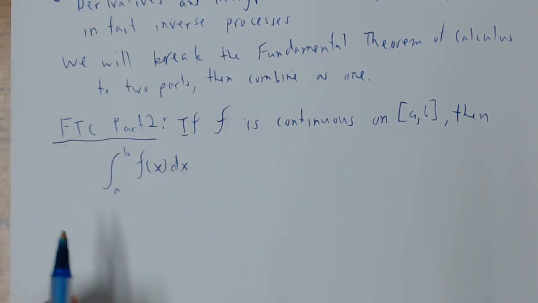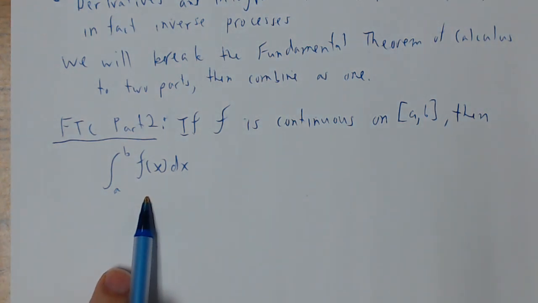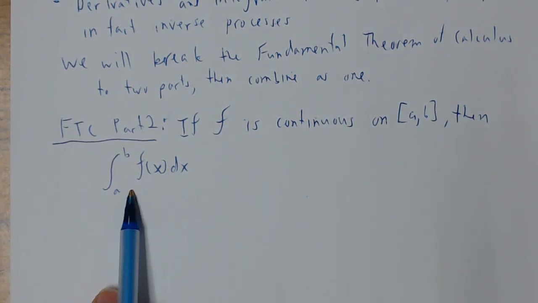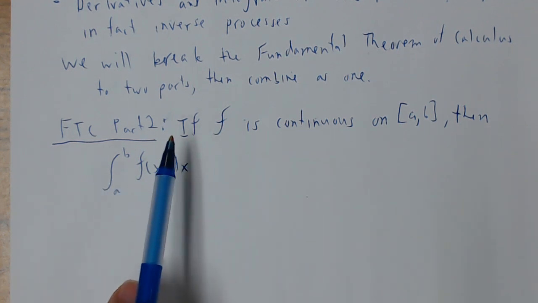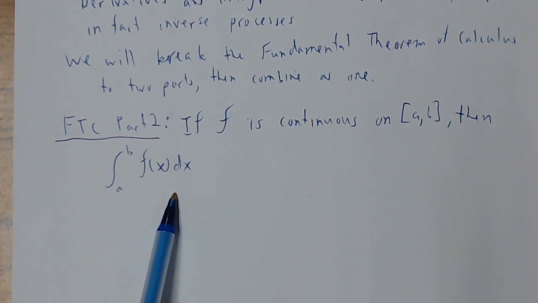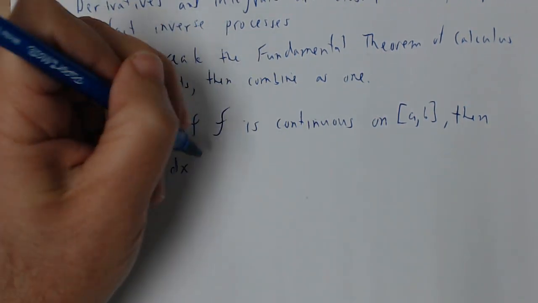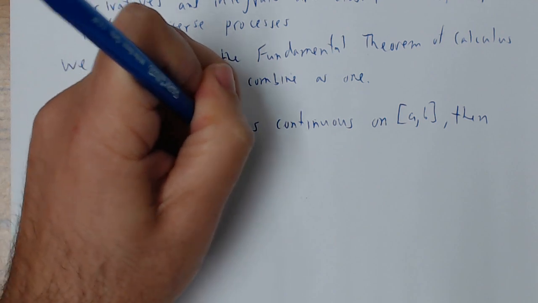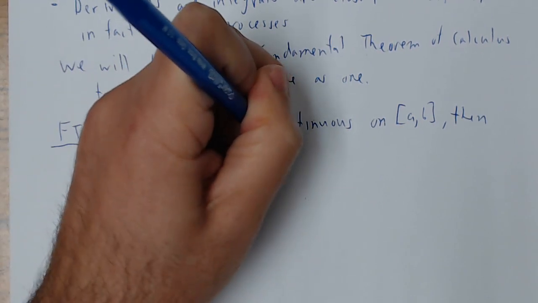And notice how we're talking about the definite integral. So guess what? Fundamental theorem of calculus part two is now going to teach you the shortcut. What we learned in section two was the long way, where we used the definition of an integral to evaluate this. We're going to learn the shortcut now, which equals capital F of b minus capital F